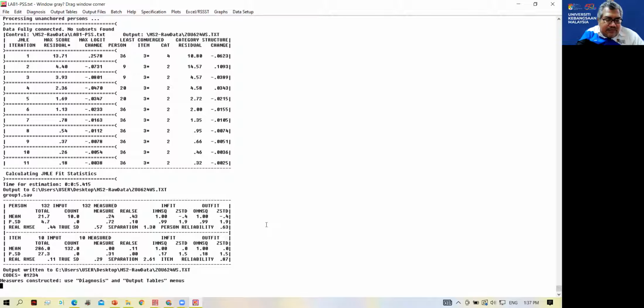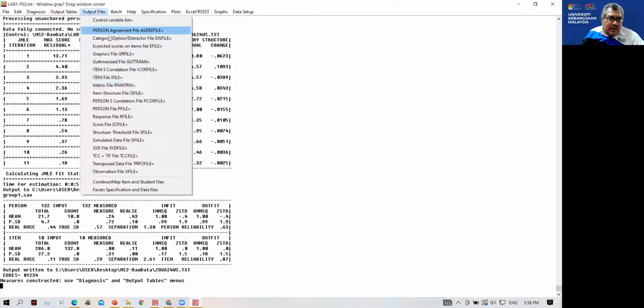So we are trying to generate the score instead of doing what I did earlier, 1 plus 1 plus 1, whatever, until the end. We can generate from here under tables. So output file, okay, person file. So if you ask for a person file, they will generate the score by person.